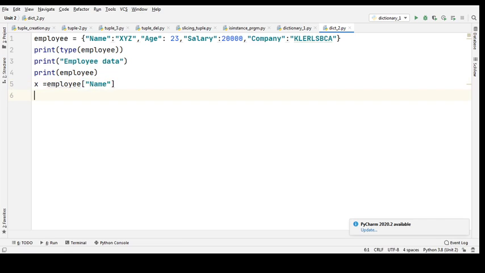So when I print that, print x, when I run it,